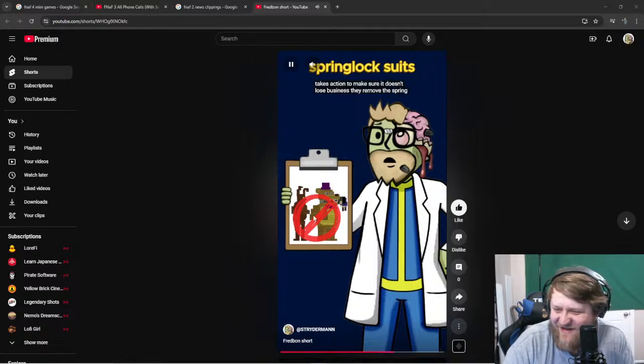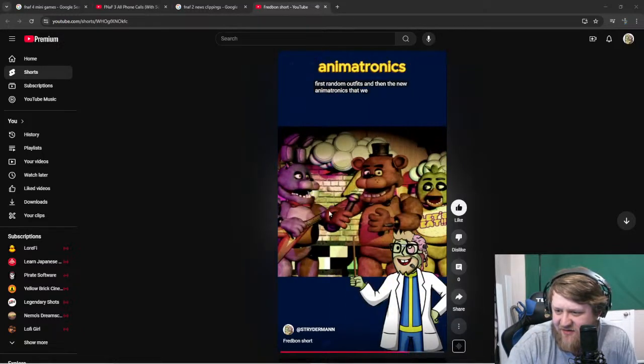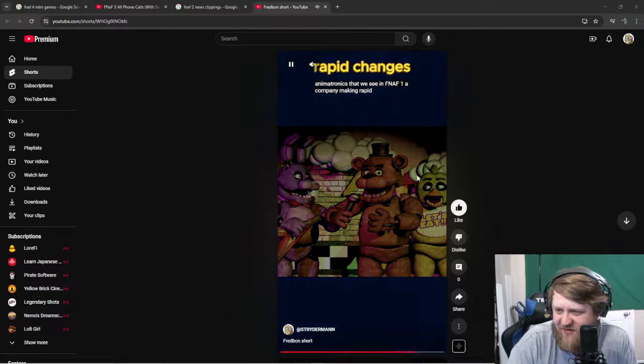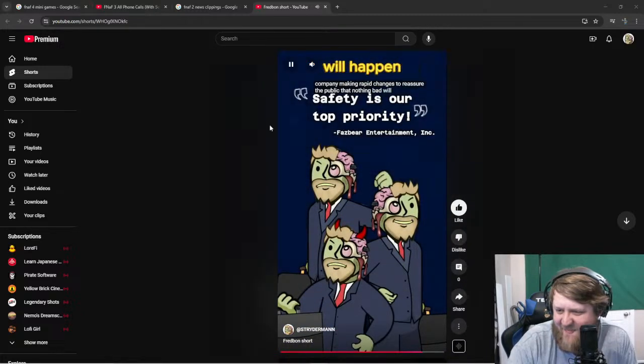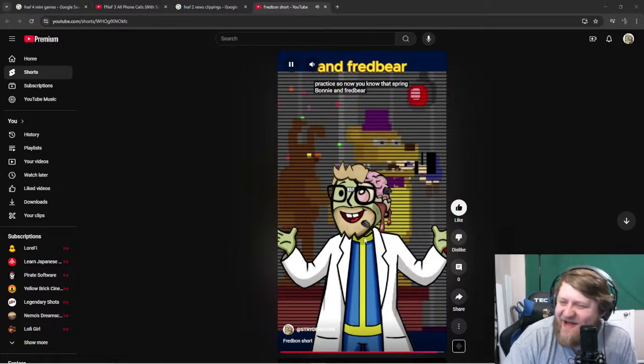They remove the springlock suits and replace them with, at first, random outfits, and then the new animatronics that we see in FNAF 1. A company making rapid changes to reassure the public that nothing bad will happen to their children is a standard business practice. So now you know that Spring Bonnie and Fredbear being discontinued is all